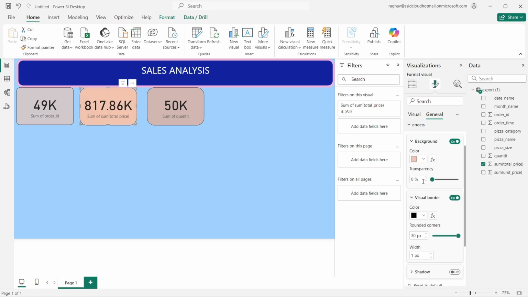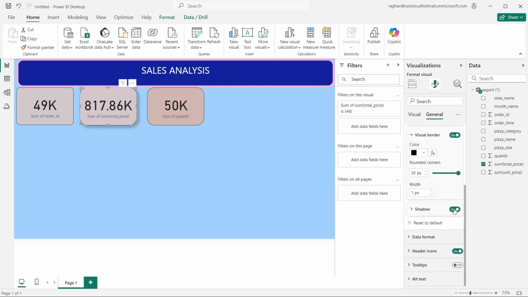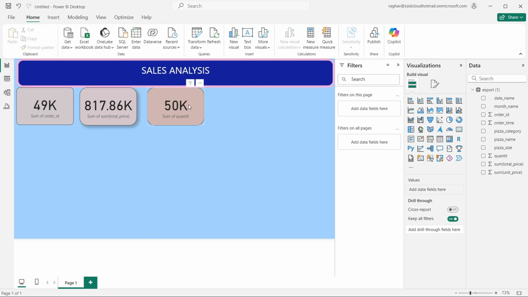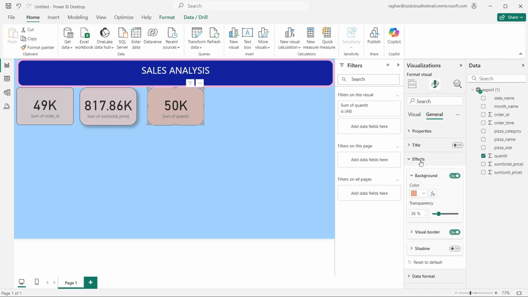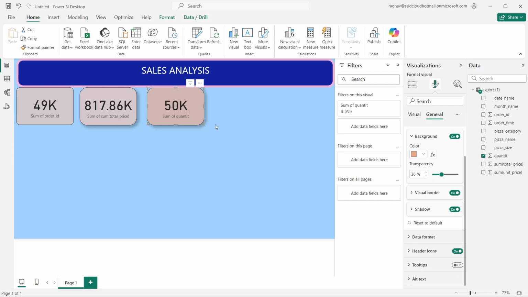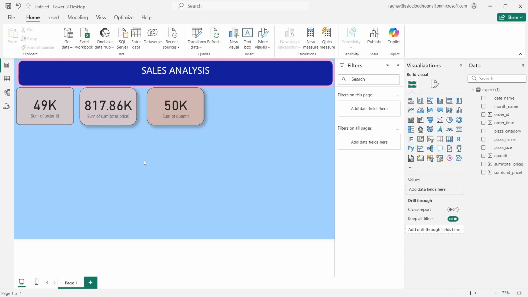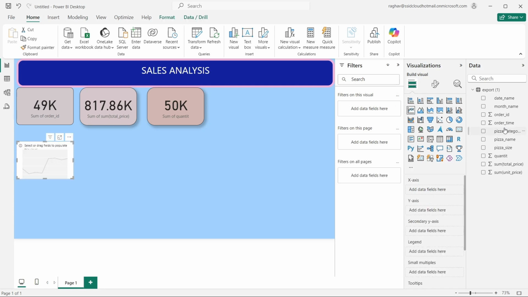Change color, transparency. I can also create a shadow for the borders. We'll just create good visualizations. Effects, shadow. Now what we want to do is get simple charts, so select line chart, and let's give